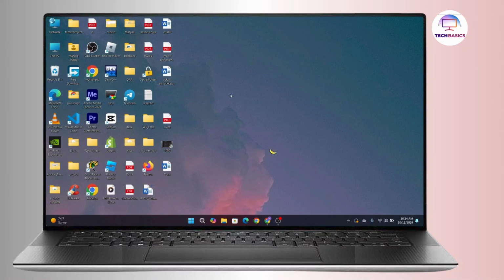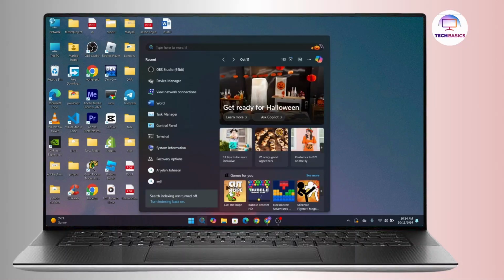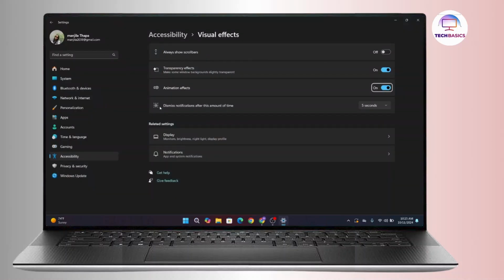First of all, you have to navigate to the search icon from the bottom of your interface. Now in the search bar, you have to search for animation effects. Now once you get into animation effects on this interface, there is this option animation effects, and next to that there is this toggle which is on here. Now to disable, all you have to do is simply turn off this toggle right here, and there you go,